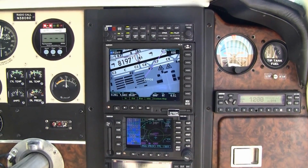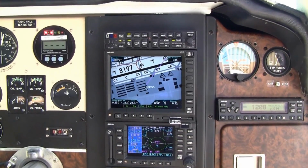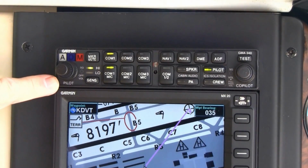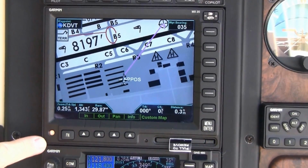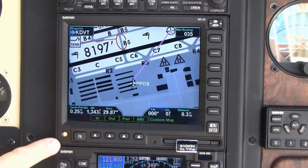Now let's take a look at your avionics stack. The avionics stack has been upgraded with Garmin Avionics. At the top we have your Garmin GMA340 audio panel with your 3 light marker beacons and your intercom system. Below this is your MX20 multifunction display, and this displays your traffic and your terrain, plus it has chart view